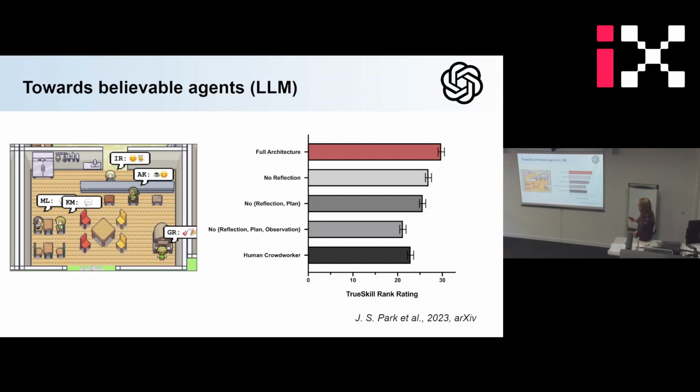And they even score it compared to a set of human crowd workers. What the human crowd workers have to do is they have to watch videos of the agents and then write an essay, and that is overall not rated as believable as the actual agent in the model, but it kind of gives you a ballpark of what is believable and what is not believable, right? So it's actually comparable to humans writing. It's doing very, very well,